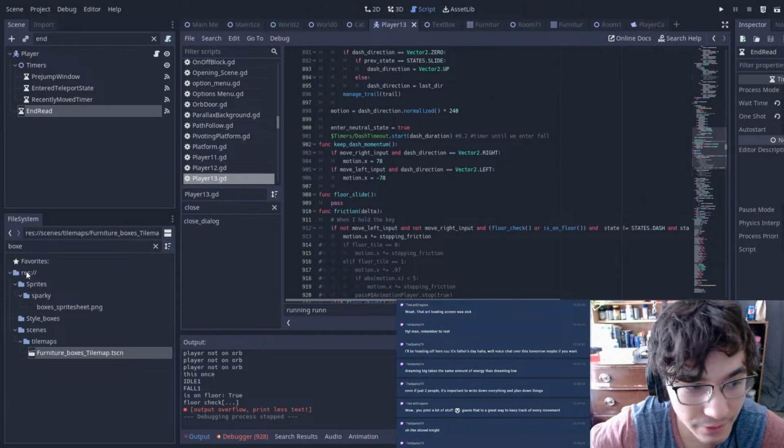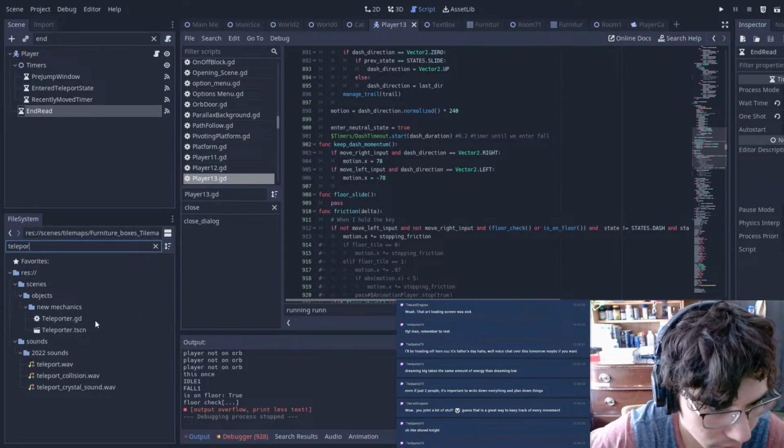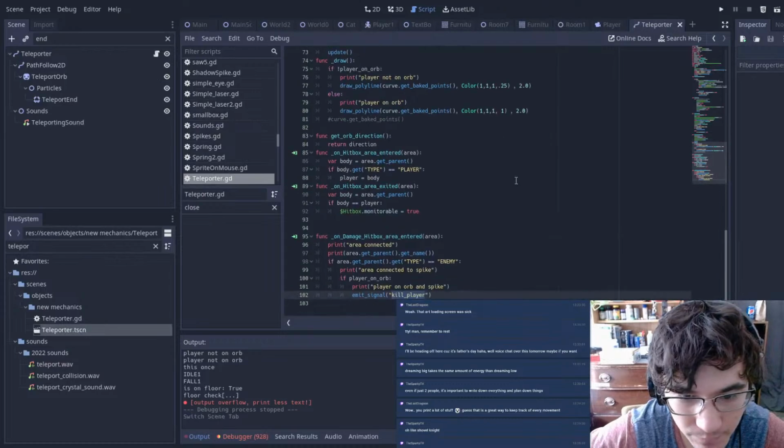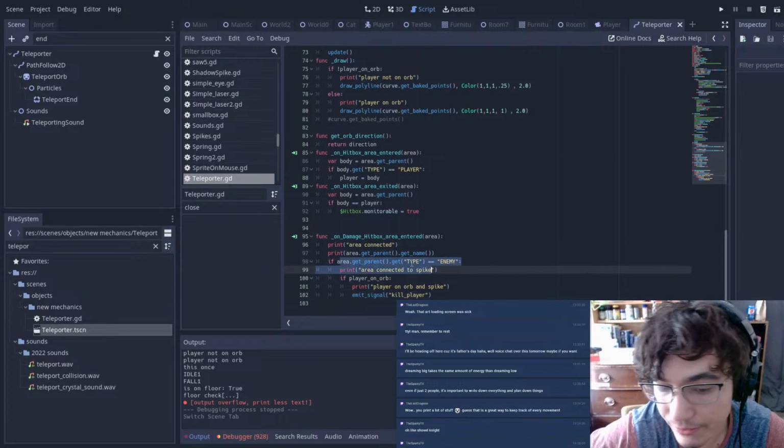So if we go into our teleport orb, if the player's on the orb and we hit an enemy, we send a signal to kill the player. But what I think we want to do is send a signal with a parameter of the parent node, and then